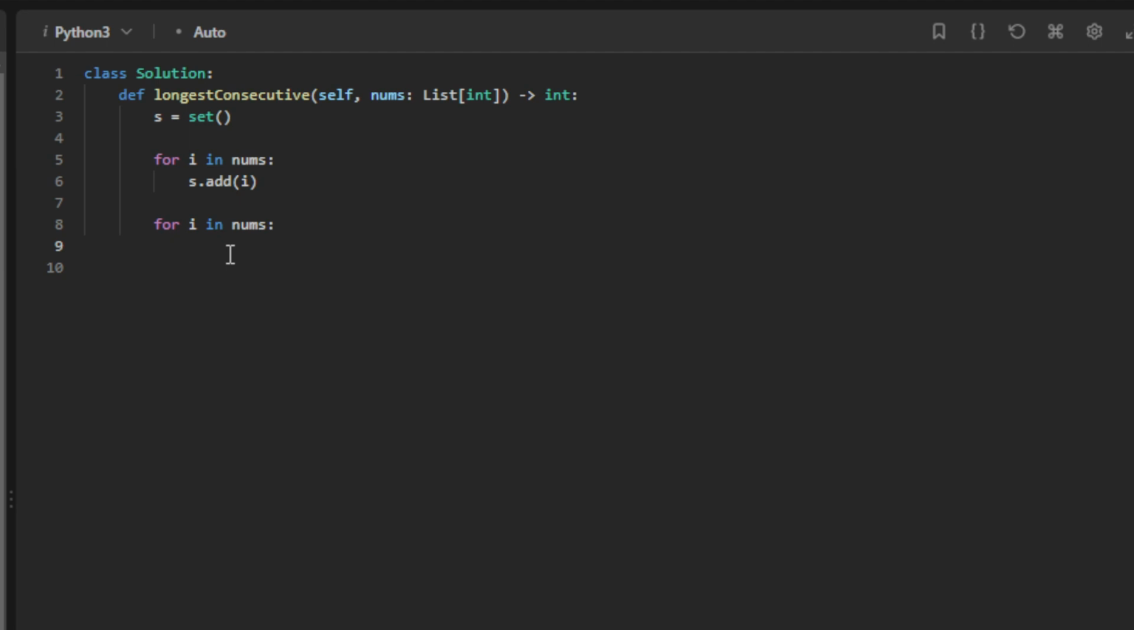If it is not present in the set, that means that it is the first element of the chain, and from there on I have to create a while loop and then add the solution. So what I would do is, if i minus 1 not in s, if it is not present inside, then I start running my while loop while i plus 1 in s. As long as we have i plus 1,